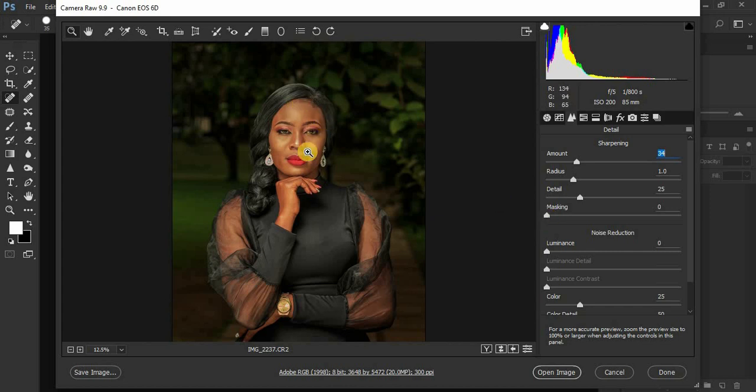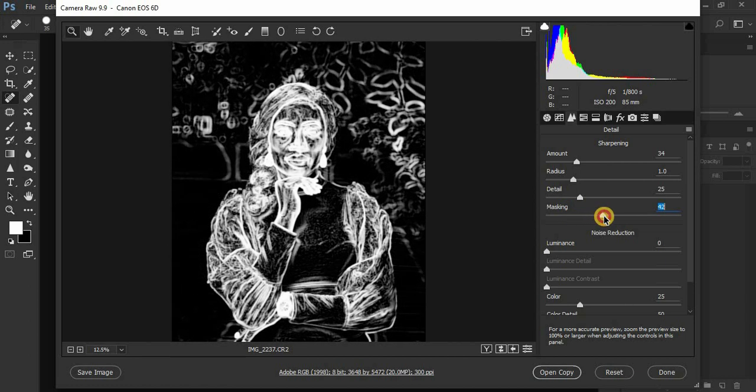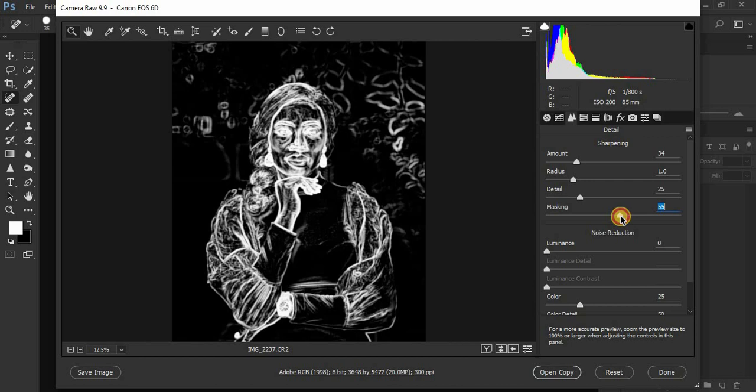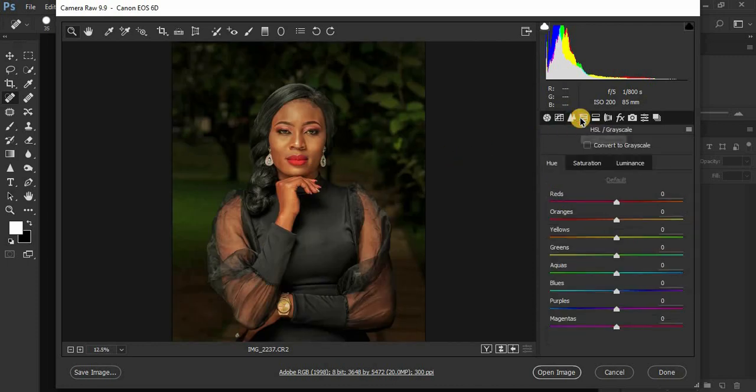Then after that, I mask. The reason for masking is because I want to sharpen specific areas of the image, not sharpen the overall image. So I'm going to hold down the Alt button, click on this slider and start moving it. You have to move it until you see your model or your subject is really highlighted well. So I think that is fine. Only the highlighted areas are going to be sharpened. Then unclick the Alt button, and after you have done that, I usually prefer to come to my HSL panel